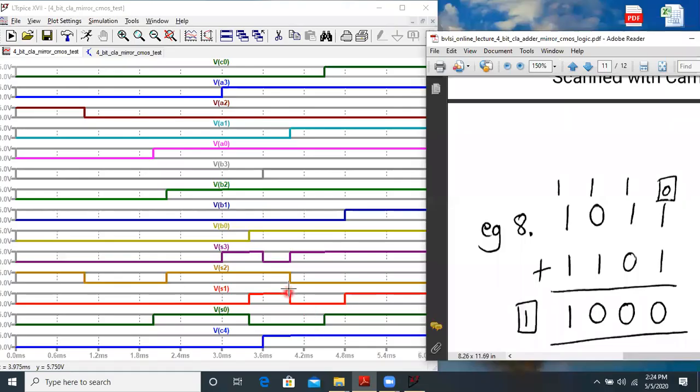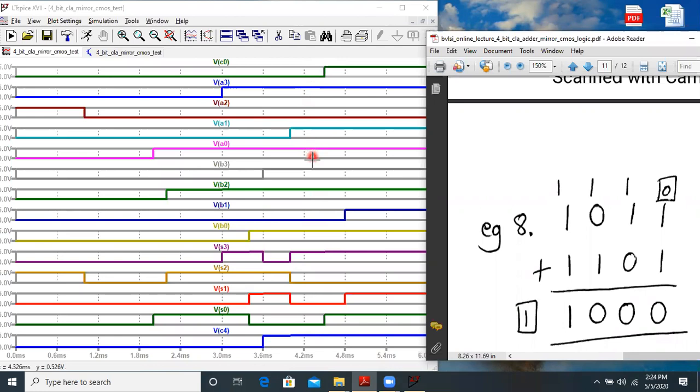Okay, so for example number 8 we have from 4 milliseconds to around 4.4 milliseconds. So here we have C0 as 0, and A3 to A0 as 1 0 1 1, as correctly written on the right hand side.